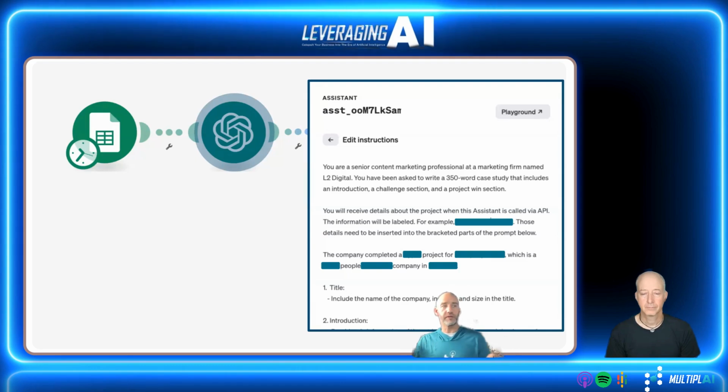So for example, the company completed the blank project for blank, with our company name, and I can insert that information into the prompt via that trigger data. In other words, the company completed a content project for company X, which is a 150-person company, and so on. I personalized the assistant's prompt with the data from the form itself.